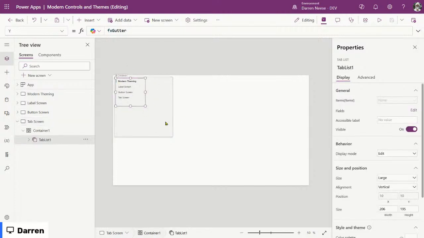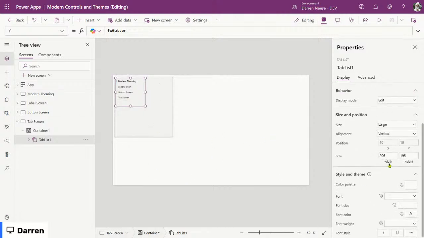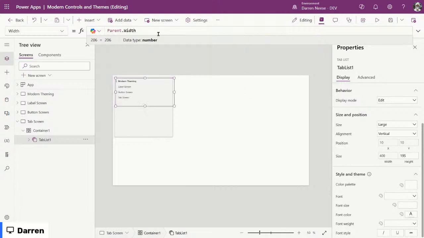Now this tab control inside of this container, I wanted to fill up, take up most of the space inside the parent. So how would I do this? Well, we do that with the width and the height. So we have the width here. Now you don't want to use literal values, so you're going to say parent.width. Now that's a little much. It seems like we don't want it to be that wide. So let's subtract